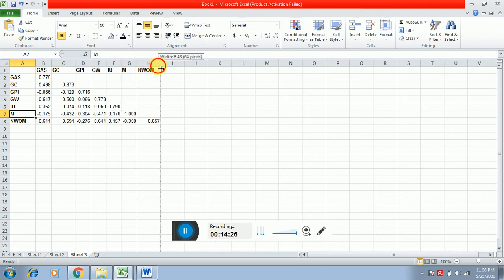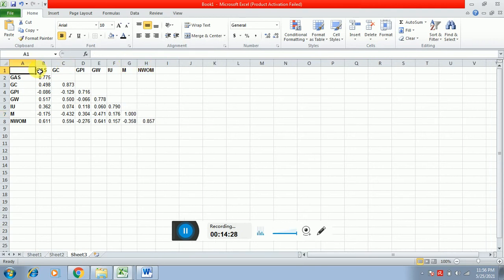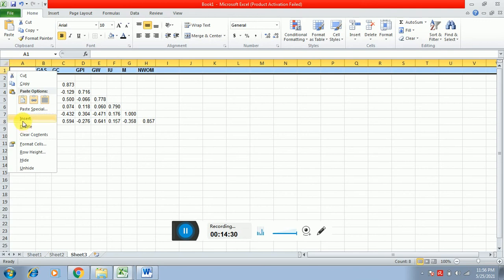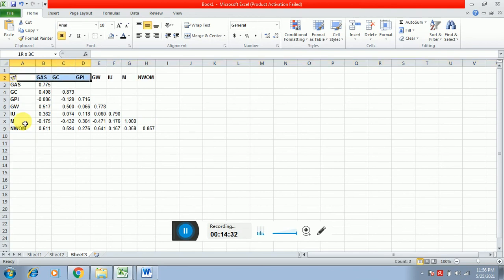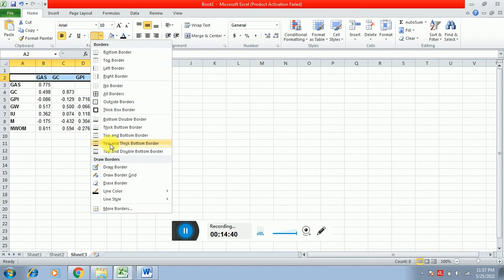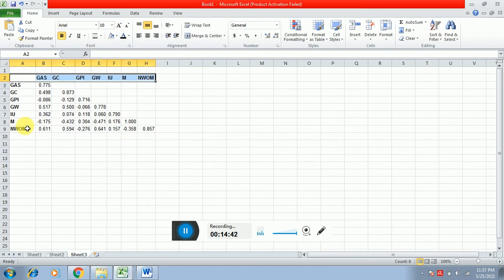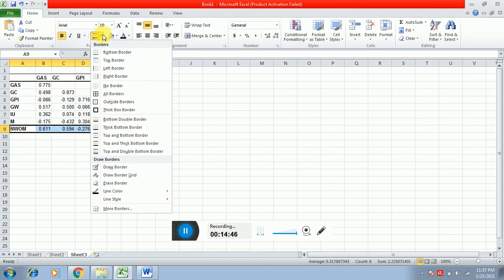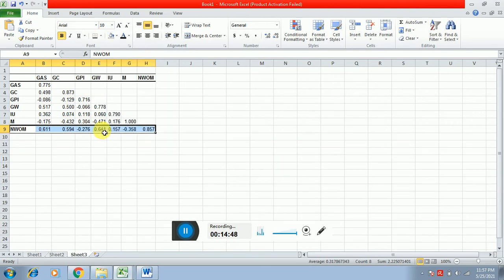Now you can adjust the widths of these cells like this, and then again I'm just inserting a row above, and then select all of these columns like this, and from this option you have to select again top and thick bottom border, and in the last row you have to select like this, and then just click thick bottom border. In the Fornell-Larcker table you have to bold the diagonal values, so I'm just bolding the diagonal values of this table,